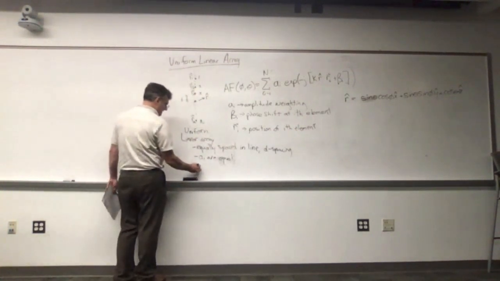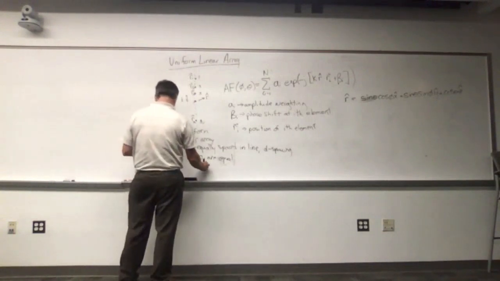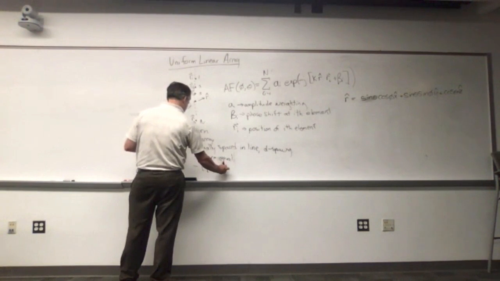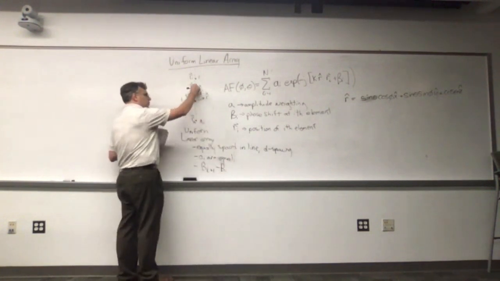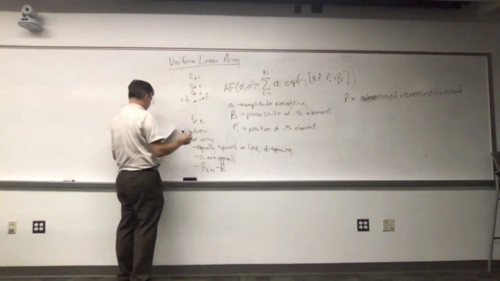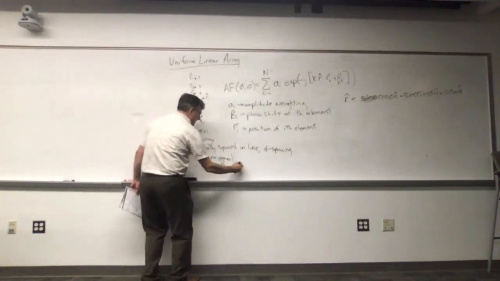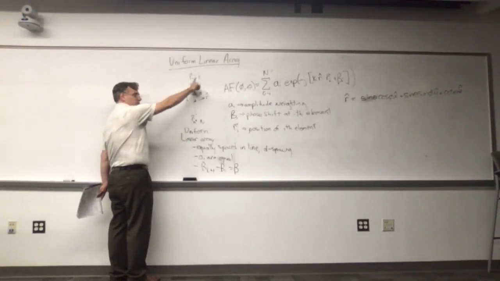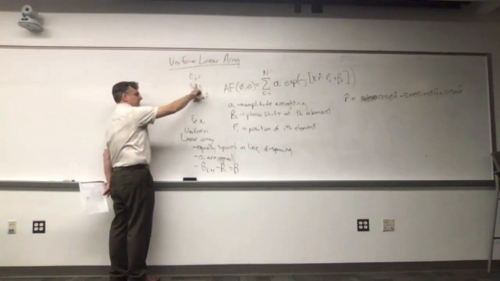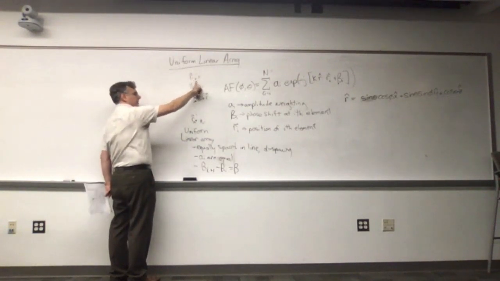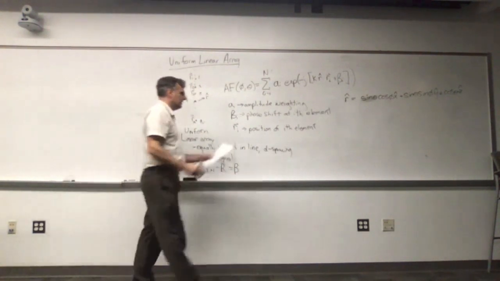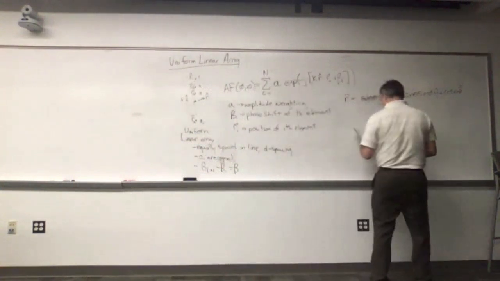The last uniform thing is that my phase taper is also linear. So that b sub I plus 1 minus b sub I, the phase difference between successive elements in my uniform linear array, is constant. In other words, these two are beta apart. These two are beta apart in phase, which means these two are 2 beta apart. This is 3 beta apart from the first one, which is beta from this one, 2 beta from that one, and so forth on down the line. If that's the case, let me put the final expression. I don't have time to prove it